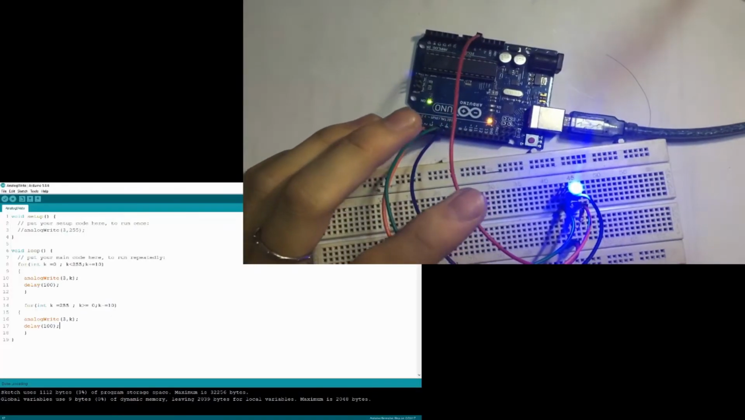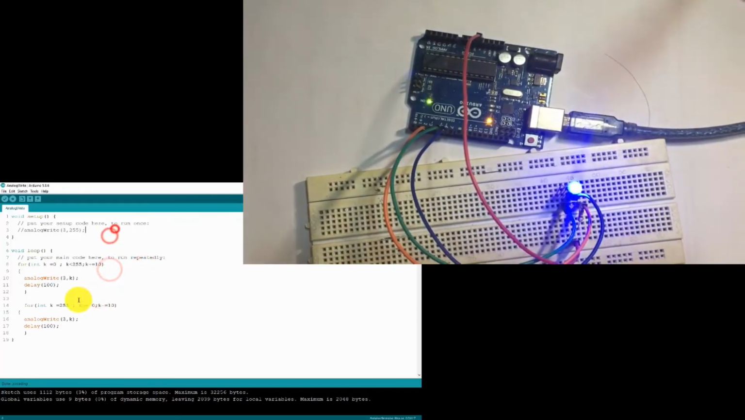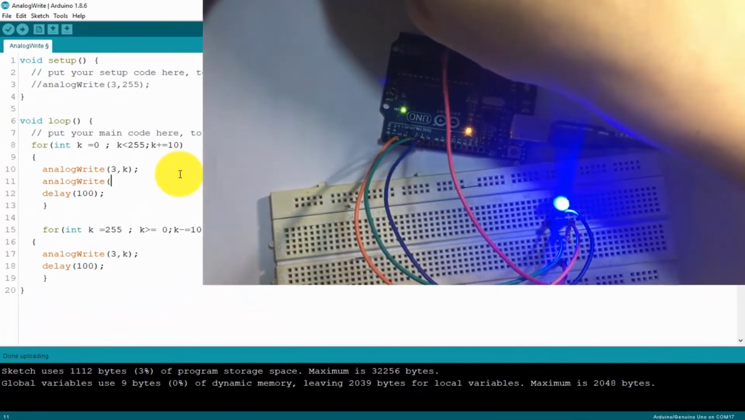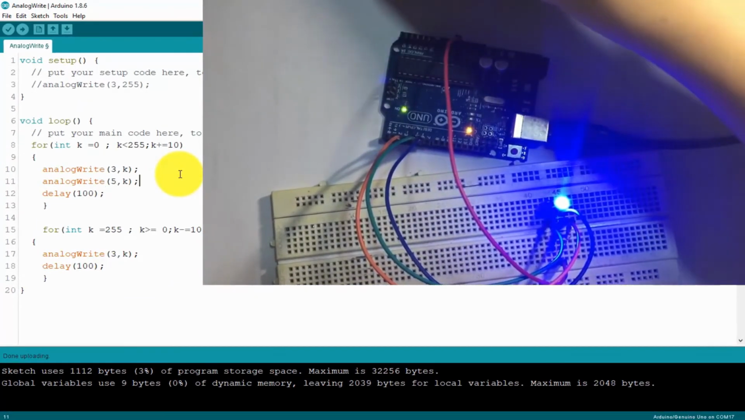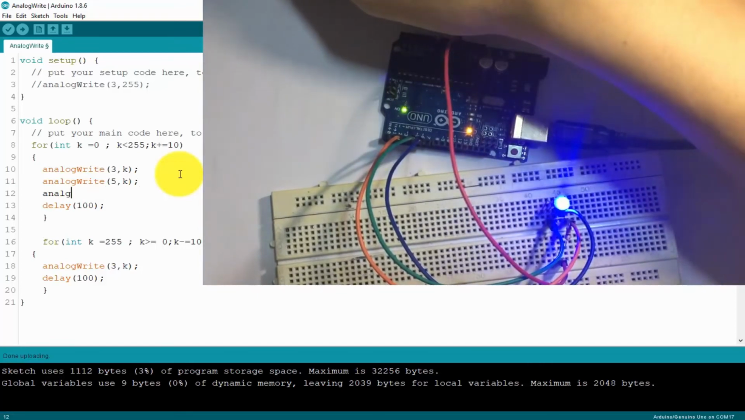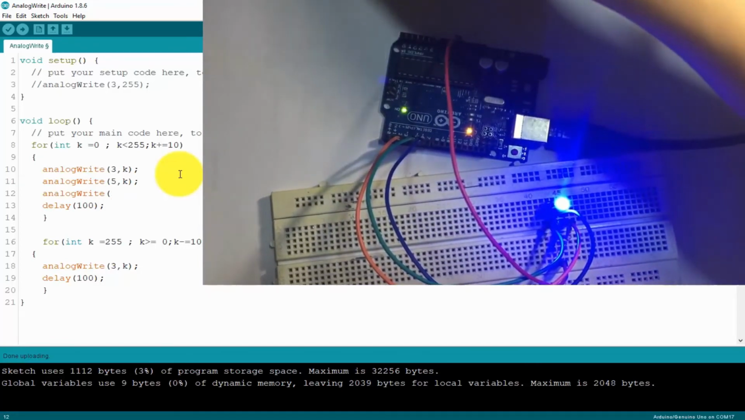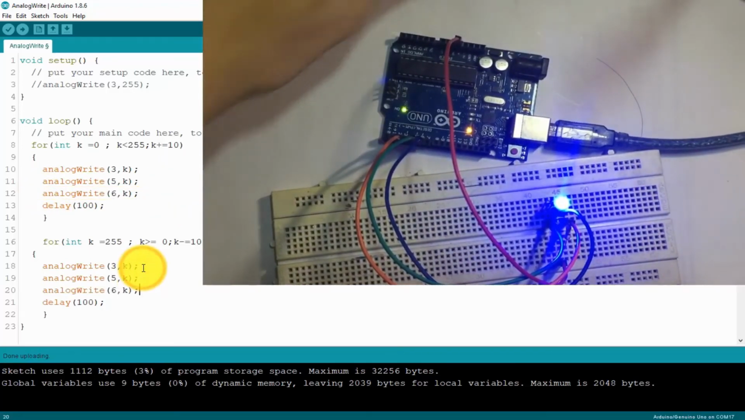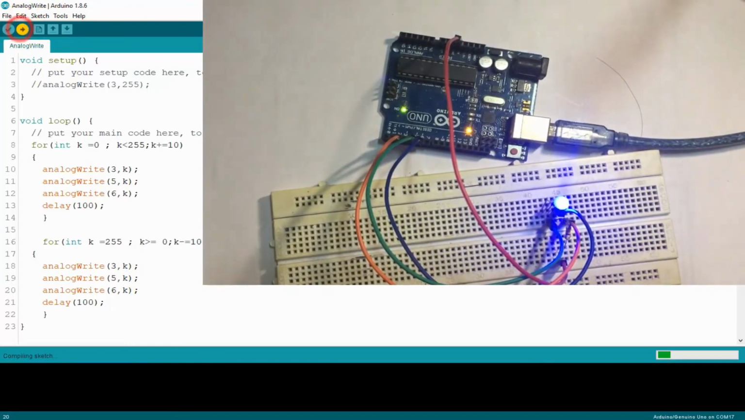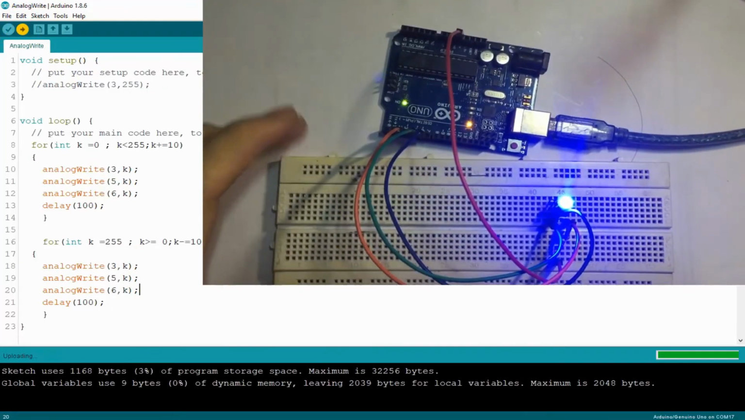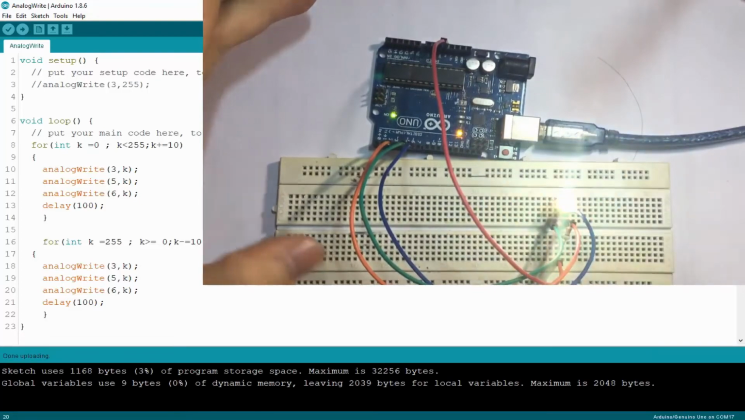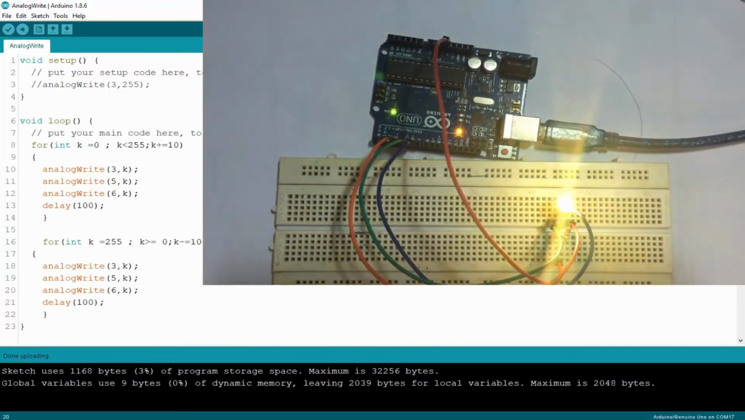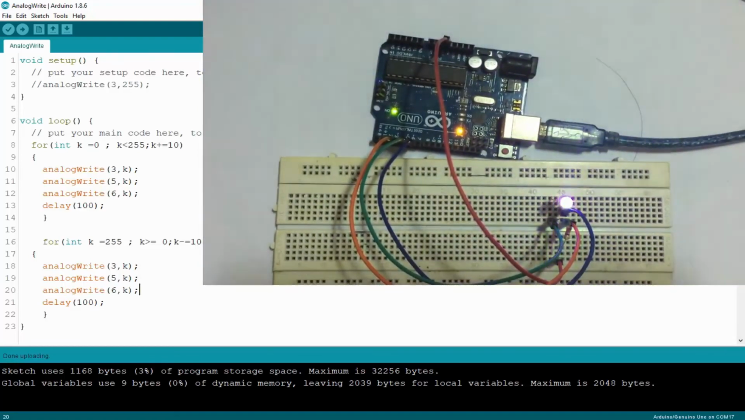Okay, now we'll code some code with analogWrite 5 with K, analogWrite with 6. Okay, now copy it to here and see what happened. Oh, it changed the color, right? It changed the color,